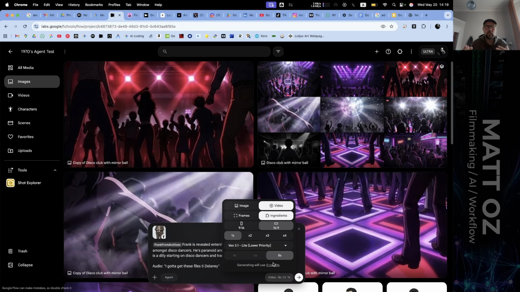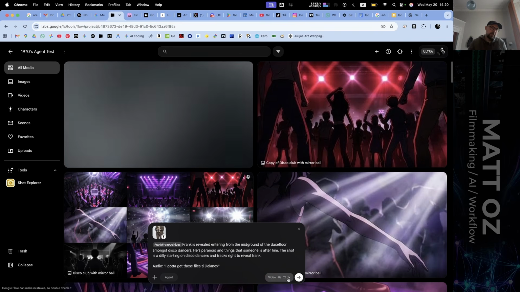Is it behaving somewhat? You might get some sliding, you might get some weird performances and all that kind of stuff, but if the shot looks within the realm of what you want, then you start going to the next model up, next model up. Let's just see what this does. Again, I picked an 8-second shot, might end up getting a 10-second shot.